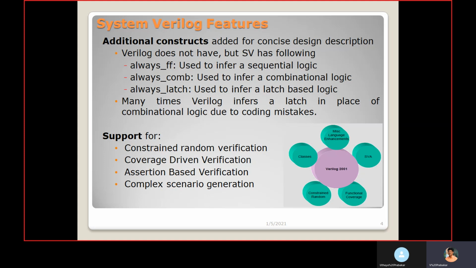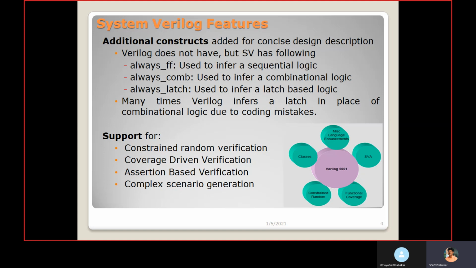Then assertion based verification. For example, when I give A in normal simulation, we are checking that when A equals 1, I want to get B equals 1. When you give A as 1, B is 1, so it is coming properly.